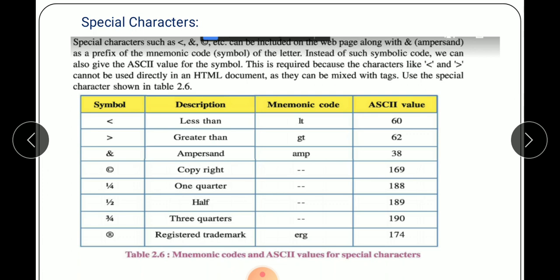Understood, students? Then we move to our exercise. Your chapter is finished here. I will send the picture of the exercise. You can note it down in your notebook. Then in the next lecture, I will show all the practicals.